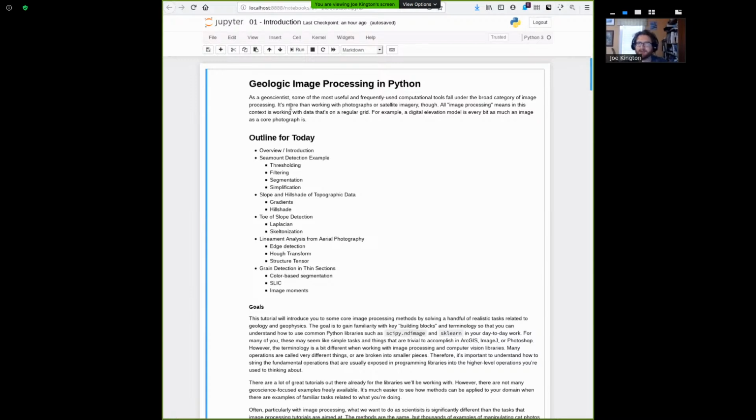But let me say a bit about what we're going to do today. The real thing here is images are more than just a photograph. I think we're all used to photographs and satellite imagery. That makes sense. But image processing often is really anything that's regularly sampled. So a lot of data sets in geology, you can use image processing methods on that you might not otherwise think of. Even 1D data sets like time series, often there are image processing methods that wind up being useful,